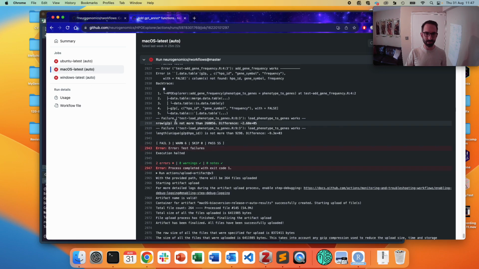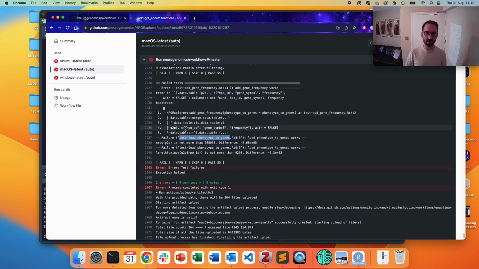And I can see here there was an issue with loading phenotypes to genes, which is a function that essentially gets a resource for the HPO. In this case, the resource had changed its location on the internet, so I then had to go back, fix the location, update the URL,